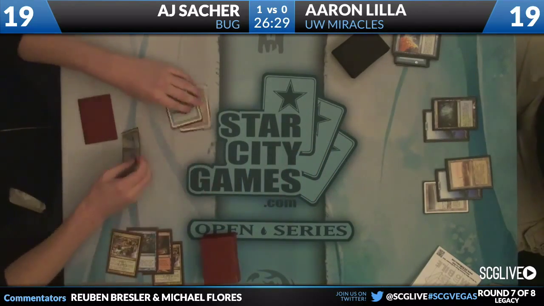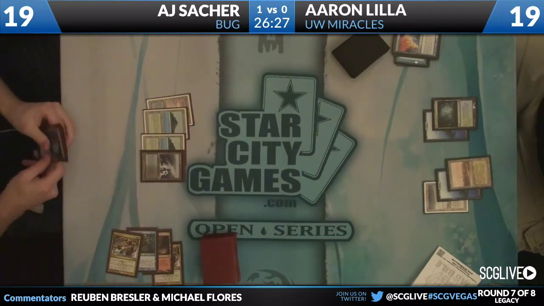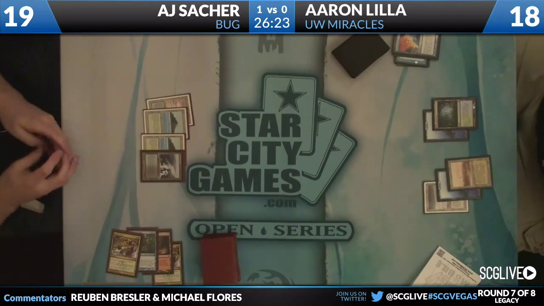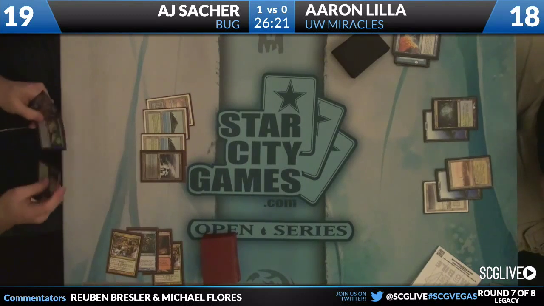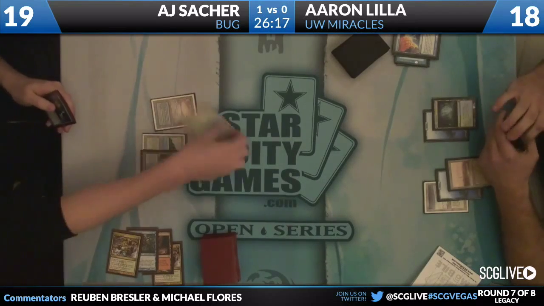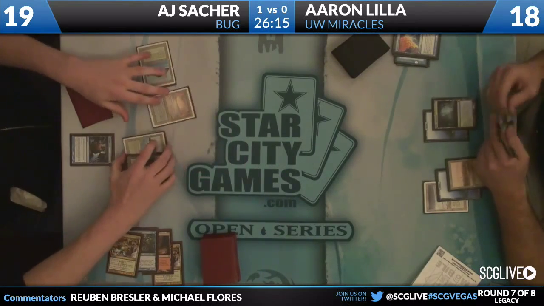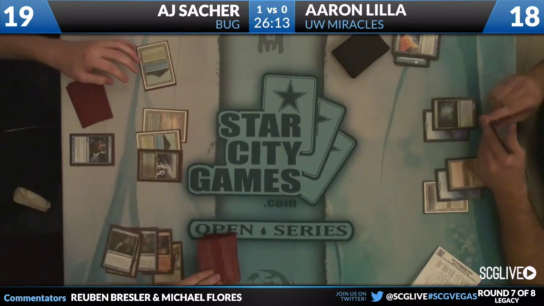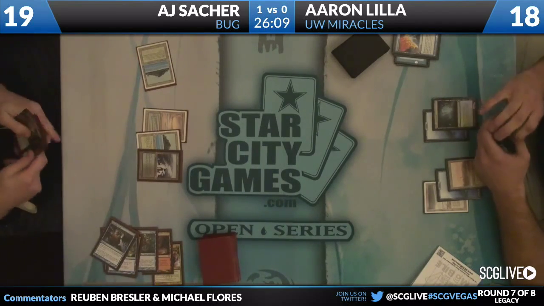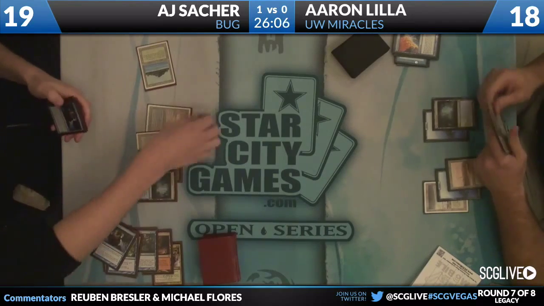Yep. So Caracas on Aaron Lilla's side, that's going to matter for any Vendilion Cliques. But one is already in the bin. Both players have Vendilion Cliques. And that's true. AJ has as many as 3. Aaron getting to reuse his is also quite relevant. 1, 2, Snapcaster Mage, and Spell Pierce. If he draws a land, that's trash. Yeah. So,